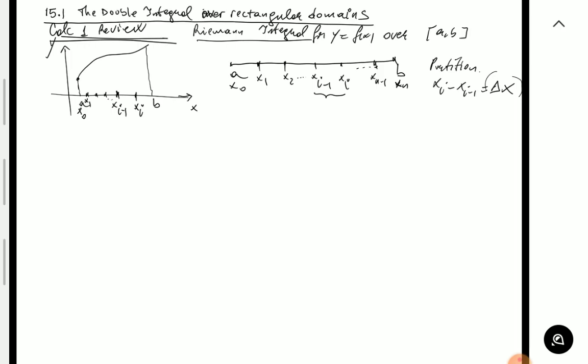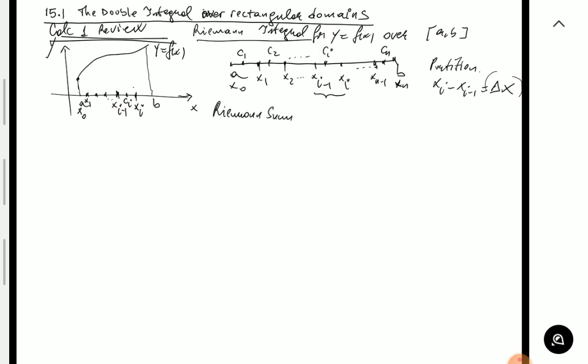Then for each segment in the partition, we pick some point in between. That doesn't have to be in the middle, but the so-called intermediate points, right, for each partition. Let's call them C1, C2, dot, dot, dot, all the way to Ci, and the last one here will be Cn. So the way the function is sketched here in the coordinate system, let's say Ci is over here. And then we construct the so-called Riemann sum,